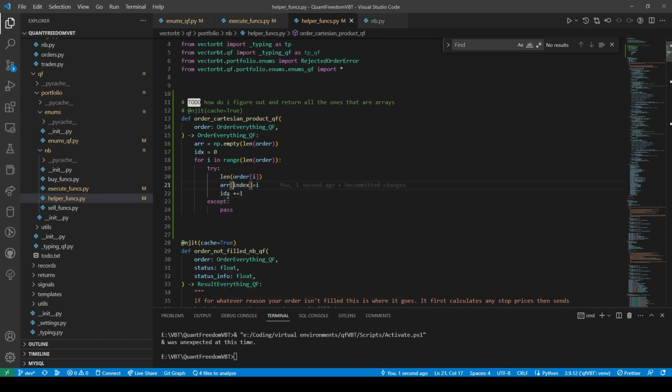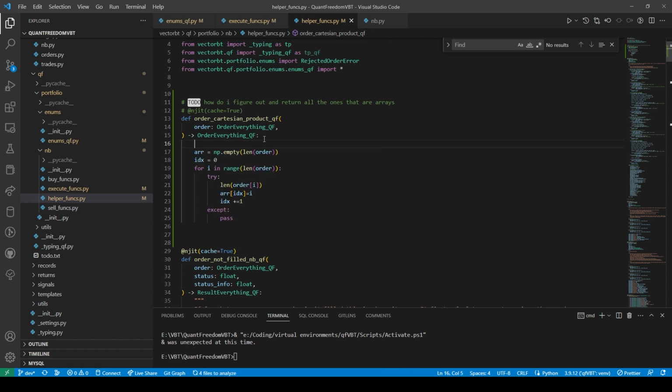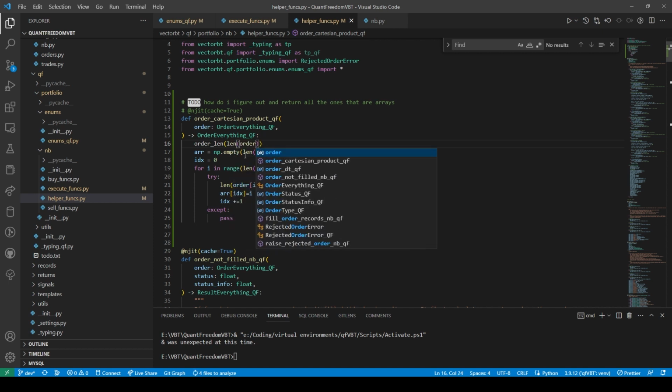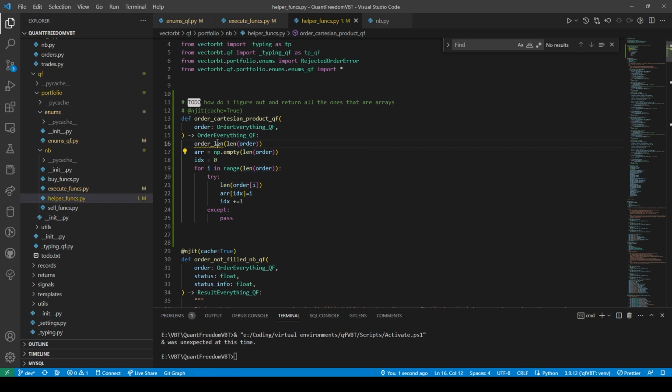So we just have this empty array of 40 or whatever it is. Then we have IDX equals 0 for I in range this. Order equals length order. So we have this.